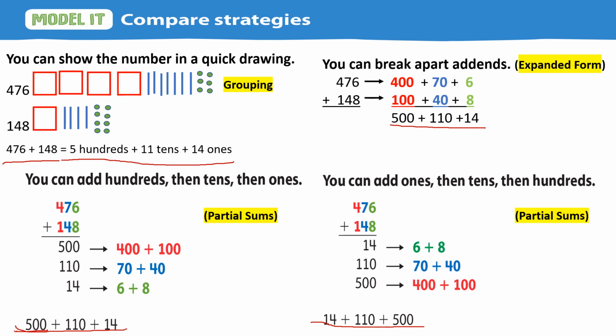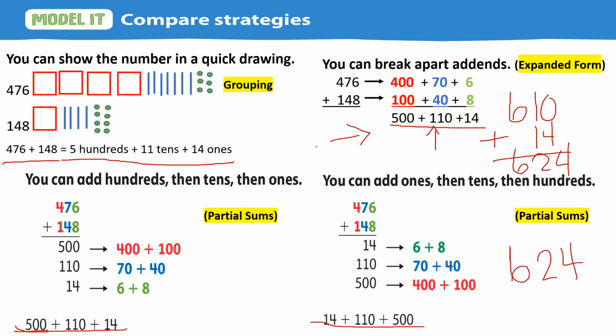So now that we've figured out how to solve the problem, let's actually do the final computation to see how many horses and cows there were. So if we take a look at this problem, we have 500 plus 110. Well, in 110, there is another 100. So 500 plus that 100 makes 600, plus the 10 makes 610. And then if we add the 14, we have another 10, so we have 624. So our final answer is